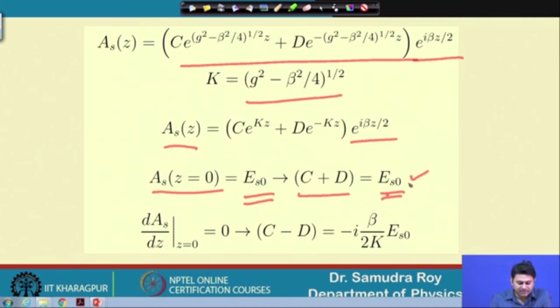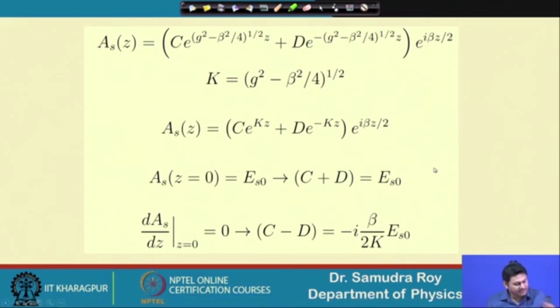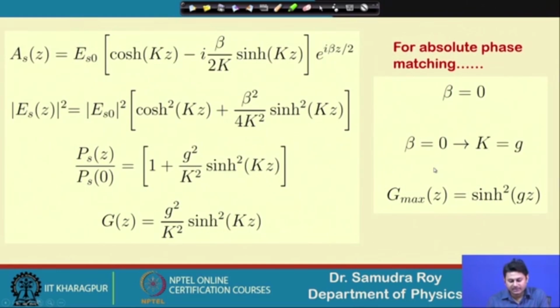The second boundary condition is the derivative of this quantity is 0, because A I at Z equal to 0 is 0. So, that is why the derivative which is containing A I, or rather A I star, is 0. So, I will have C minus D this. I have C plus D this quantity, C minus D this quantity. So, with these two boundary conditions I can eliminate E and D. If I eliminate E and D, then finally